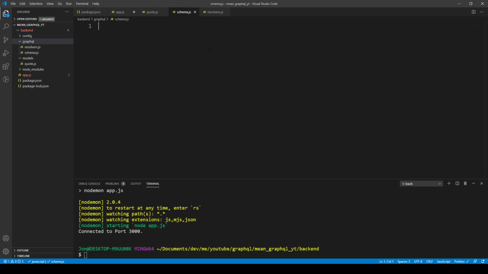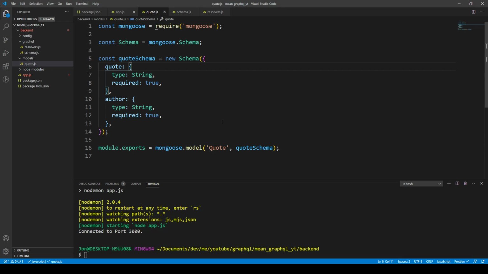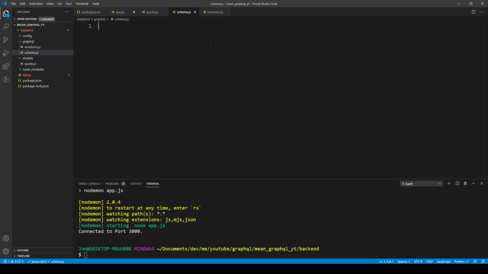Okay, so in our schema, this is Mongoose, and this is coming from Mongo, so we have types from there. But then we have this GraphQL layer, and we need to actually interact with the GraphQL database, which is going through objects and stuff like that. So we actually need to do a similar thing for the schema. We can just go ahead and get the buildSchema, and that's going to be from just GraphQL, and this is going to allow us to build a schema for GraphQL. And we can just do a module.exports here,